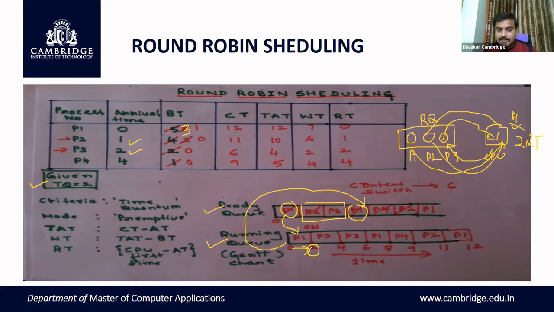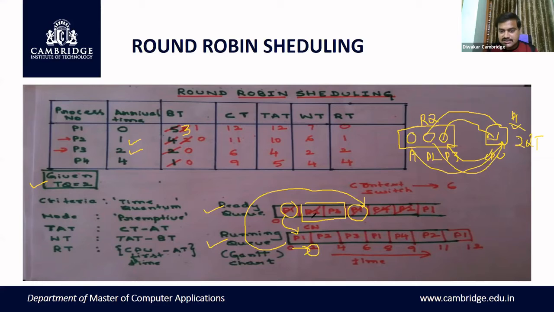Why? Before the preemption happens, the state of this process has to be saved into the PCB. Here the context switch will happen. Context switching means whatever the old state is, it will be written into the process control block, and this particular process is brought back to the ready queue. That is what you call a context switch. Now it will be placed at the end of this queue.